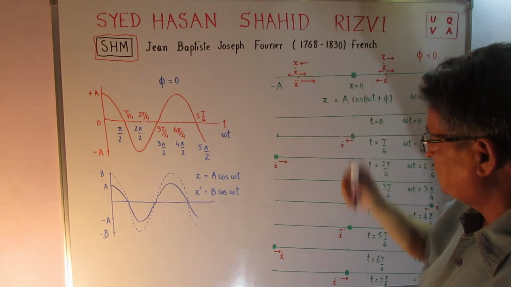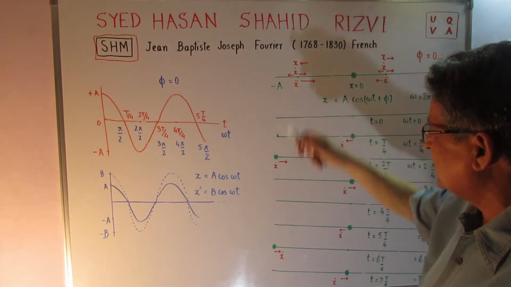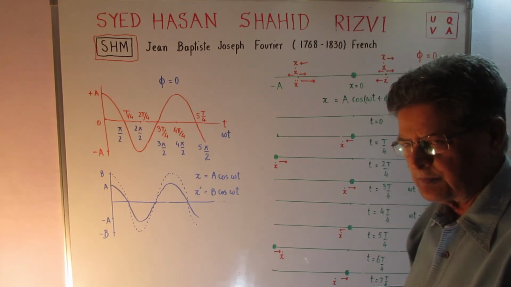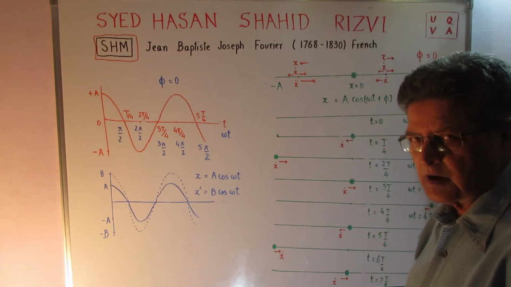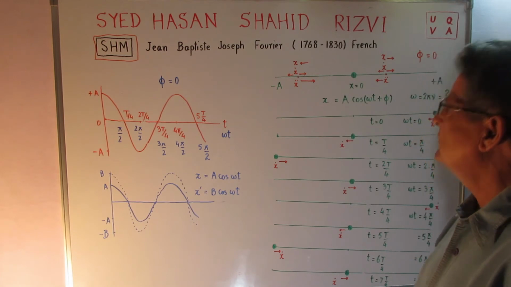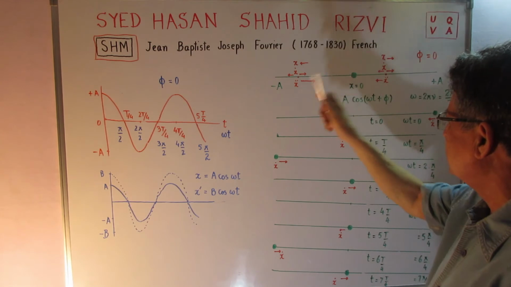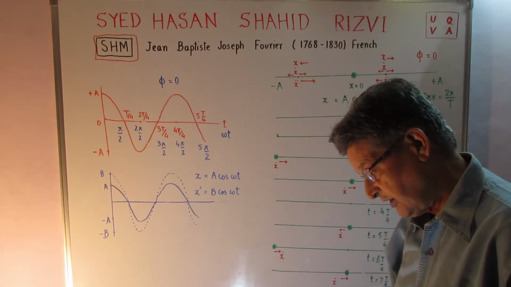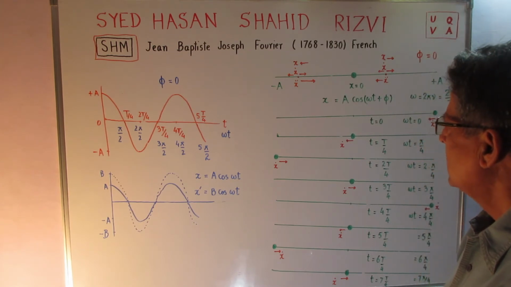For x double dot, in this case the displacement x is negative, and x double dot is positive. It is towards the center. So it is the kind of equilibrium position seeking acceleration that we have in both cases, always towards the center, towards the equilibrium position. Okay, now let us see